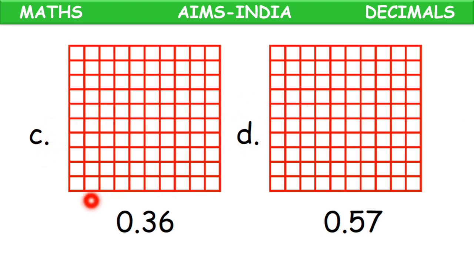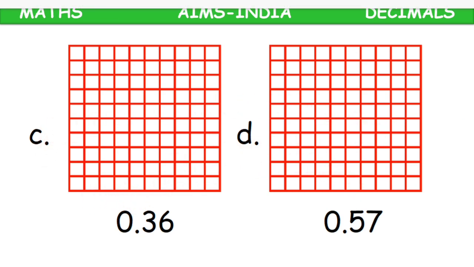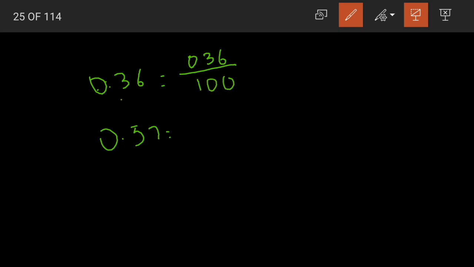Again we are having two more questions here, children, 0.36 and 0.57. I'll just tell you the conversion. How to convert? 0.36 is nothing but 36 divided by 100. Why 100? Because the decimal number is having 2 decimal places. The denominator shall have 2 zeros. And again 0.57, first write the number without the decimal point, and then for the denominator after 1 place 2 zeros, as we are having 2 decimal places.